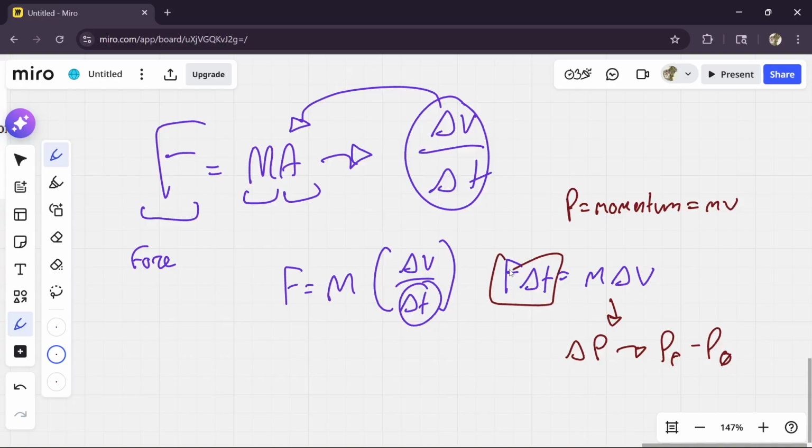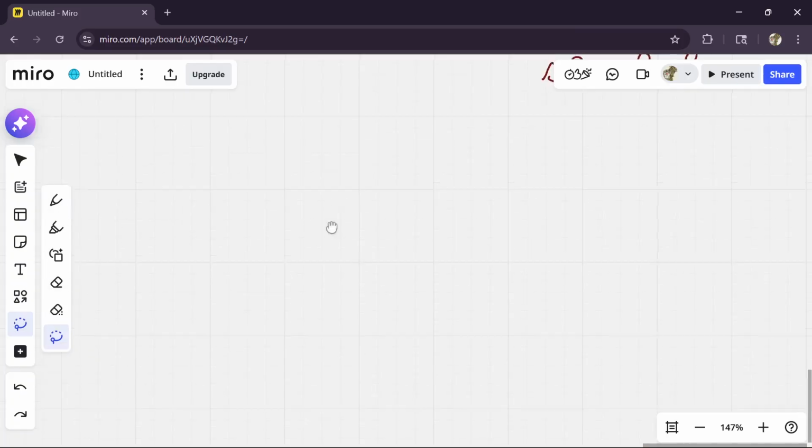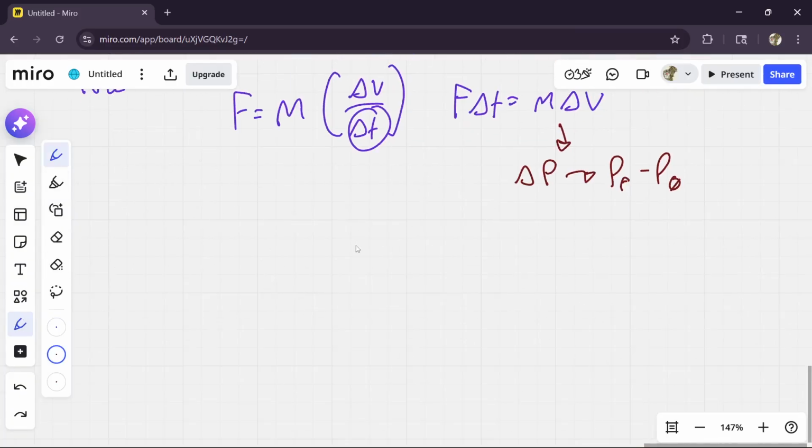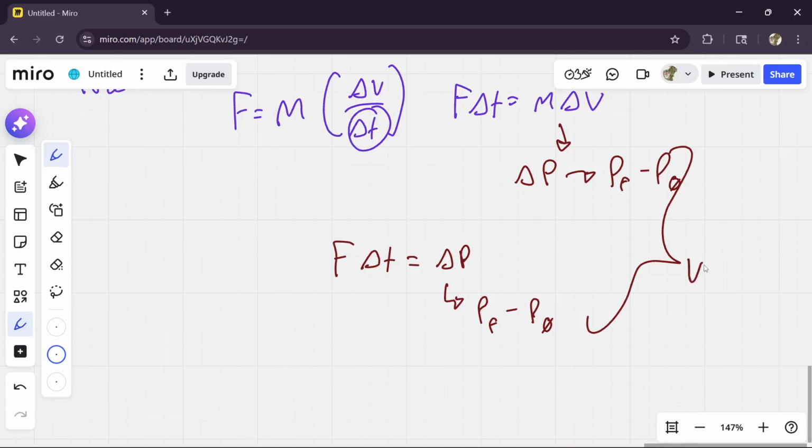And this stays the same, right? So our ultimate equation for these sort of impulse problems is just going to be force times the change in time is equal to the change in p, which is just broken down into p final minus p initial. I should mention these are vectors,